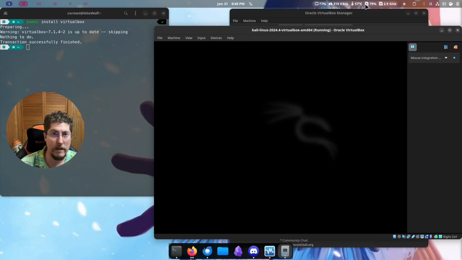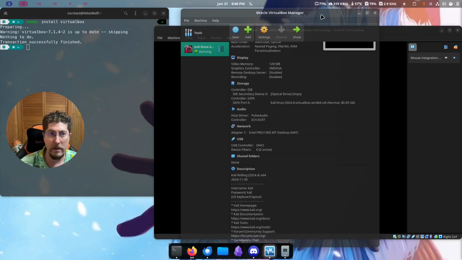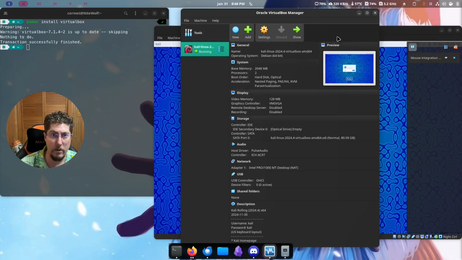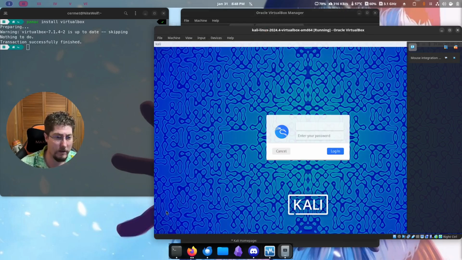So if you did not see this, if instead it crashed immediately and you saw an error pop up on this side menu over here, it's because virtualization is not enabled on your host OS. So before we log into this Kali machine, we're going to take a look at that. Let's talk to the macOS folks first. So if you're on Mac,